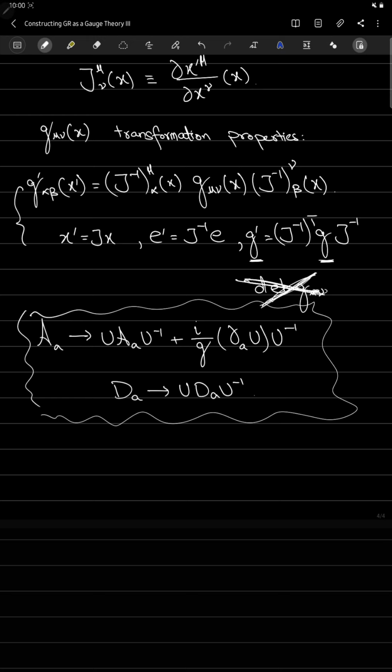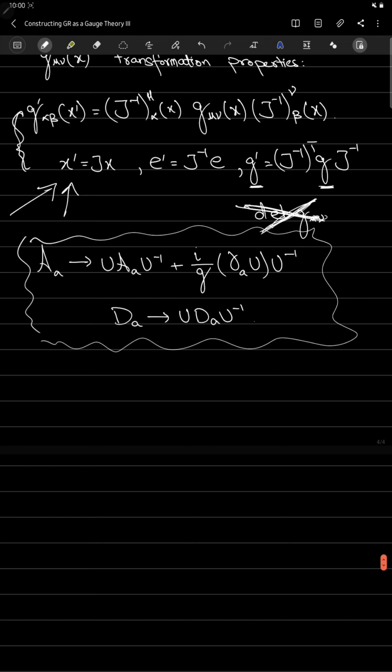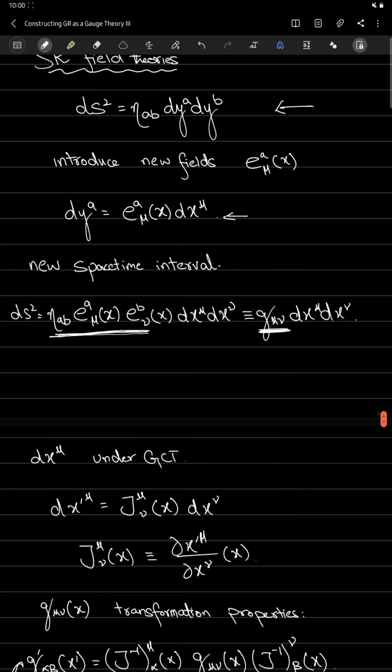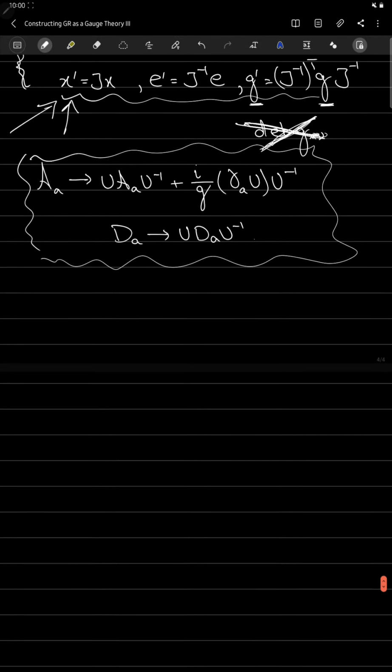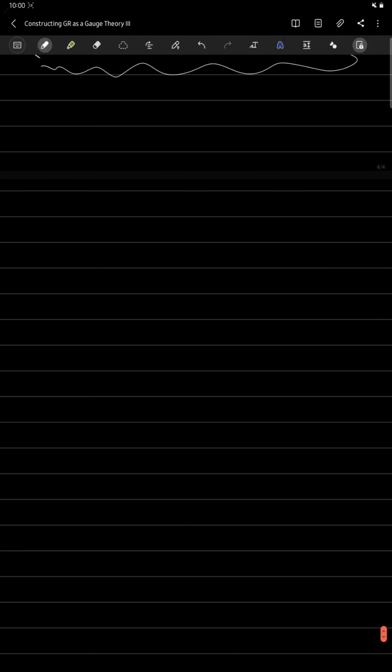So the equations that I'm talking about now are this set of equations. With these equations, the new interval that we had over here, let me just quickly go back and show you. Yeah, this one. This interval is also invariant with respect to the Lorentz transformations, which are